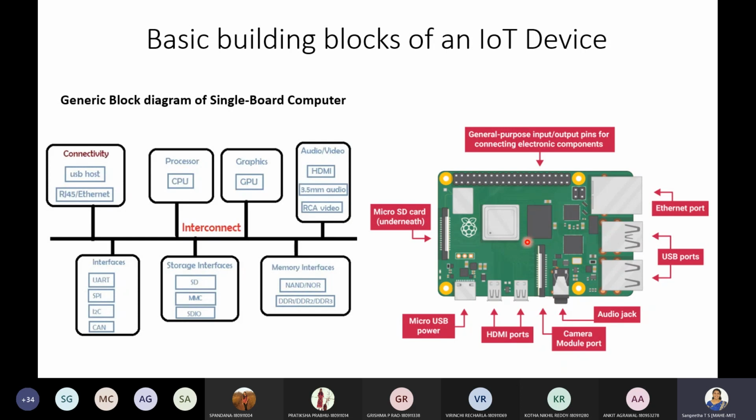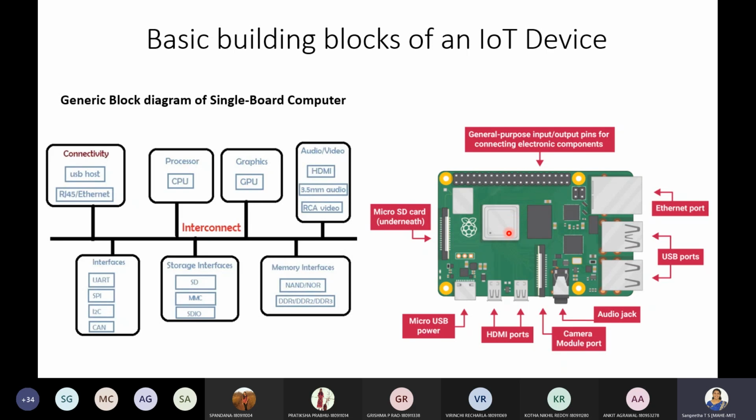You can see this particular square-shaped thing is the processor. Like any other computer, this also has a processor. Along with the processor, it has a GPU associated with it. So this follows a system on chip architecture. You might have learned about it in lower classes.